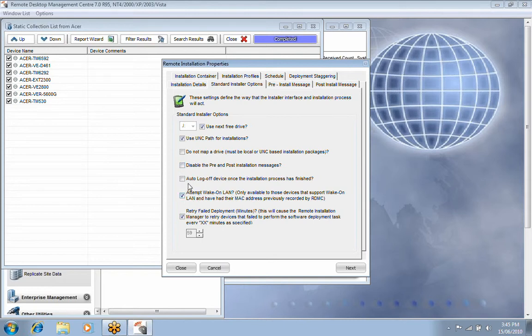You can also specify auto log off device once the installation process is finished. This one is done automatically when you're performing an administrative visible installation. It doesn't really apply when you're doing a service-based one. However, under current user, it does apply. Typically speaking, you won't want to have that on. You would be assuming that the user was logged on at the time that you started the deployment, and therefore you would be leaving them logged on at